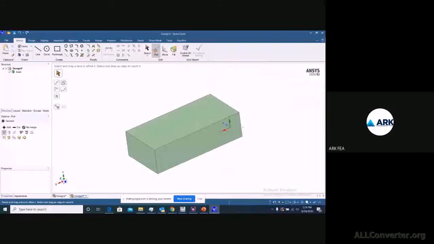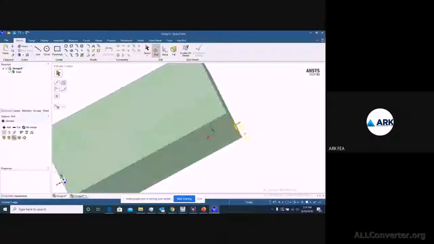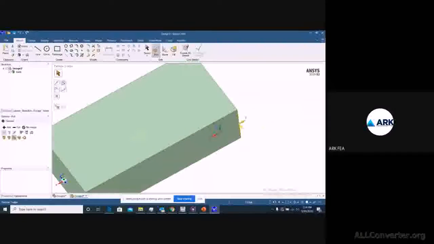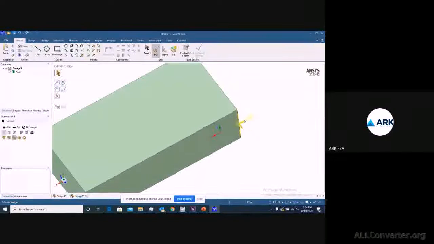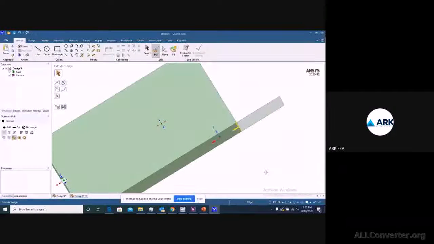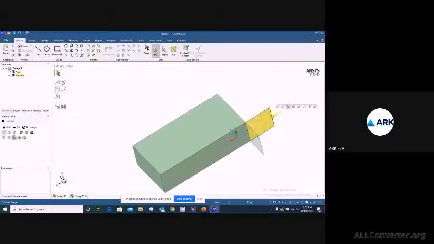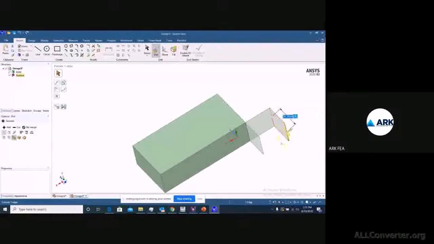So if I have to select a single edge, so this one, if I select and choose extrude edge, so these are two ways where I can extrude my edge. Right now the arrow will let you know, and you can extrude it. One direction is this one, and once again when you select the same edge, you can select the opposite one, and at any point of time any edge you will be able to pick, and you can work accordingly.